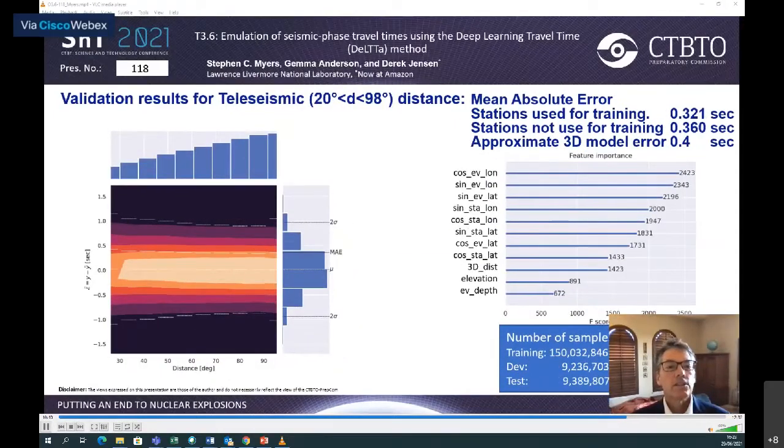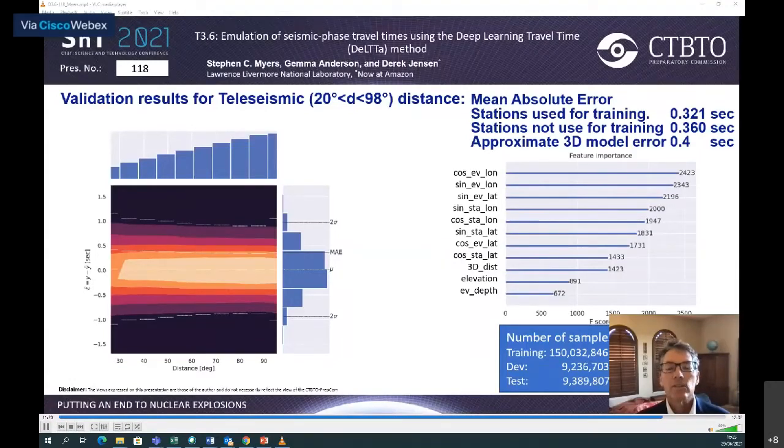Last, for teleseismic distance, or about 20 to 98 degrees distance, we see that travel time error is approximately constant as a function of distance in the lower left graph. That is a very desirable result. The mean absolute error for stations used in training is about 0.321 seconds. For stations not used in training, the value of error is about 0.36 seconds. Both of those numbers, again, compare favorably with the average error of the 3D model, which is about 0.4 seconds